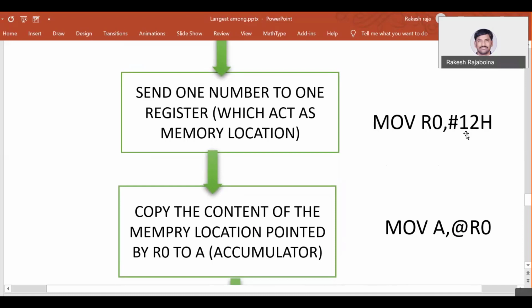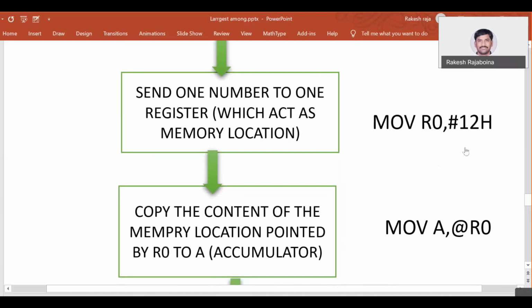That is my first number for the comparison. My next number will be at 13, then 14, 15 and 16. So these are the 5 memory locations in which I kept my numbers.